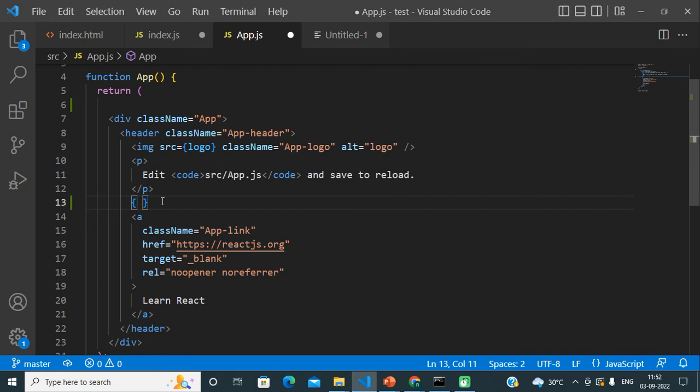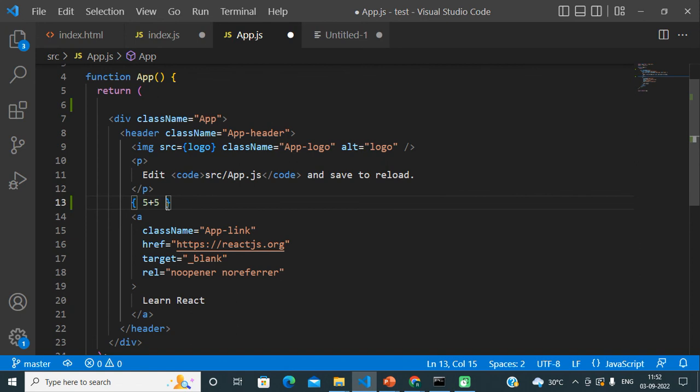So now what I can do here, okay, what is the meaning of JavaScript expression? So basically whatever we do in any normal JavaScript file, like here outside this return statement, that everything can be done here as well. So let's say 5, just a mathematical operation, 5 plus 5.